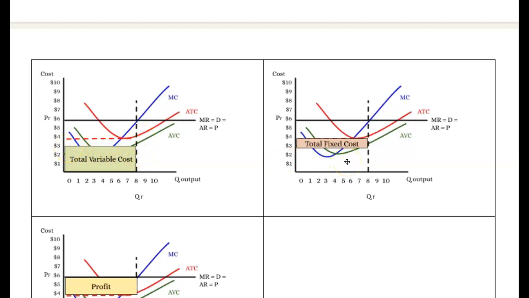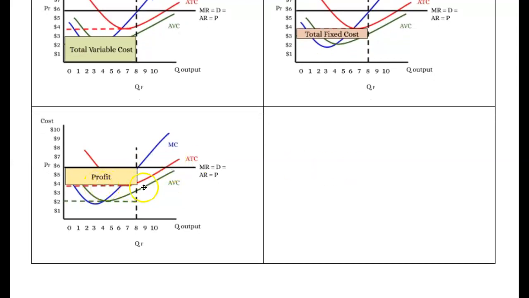Your total fixed cost, you might be like, well, there's not a fixed cost curve on here. You're right, there's not. But fixed cost is actually still shown. It's the distance or the difference between ATC and AVC. Remember, AFC is ATC minus AVC. So you would illustrate this by showing the distance. What's different between ATC minus AVC and then over, that would give you your total fixed cost. So in this case, you've got a quantity of 8 and a difference of 1. So 4 minus 3, that's 1 by the way, times 8, your total fixed cost of producing 8 units is $8.